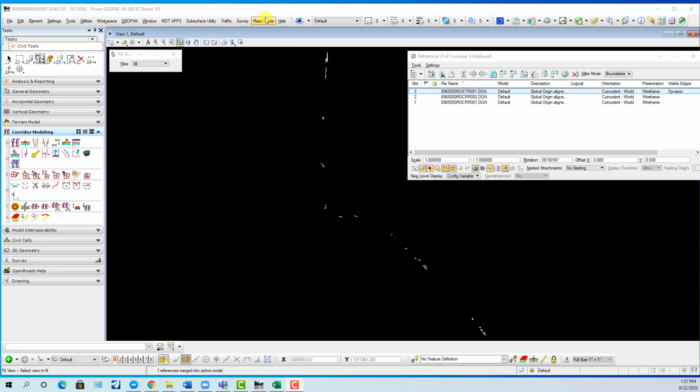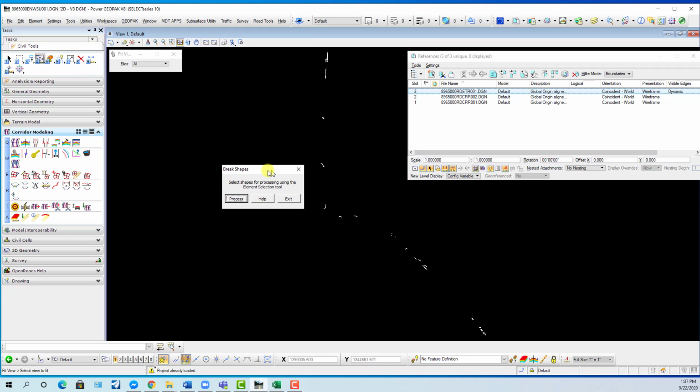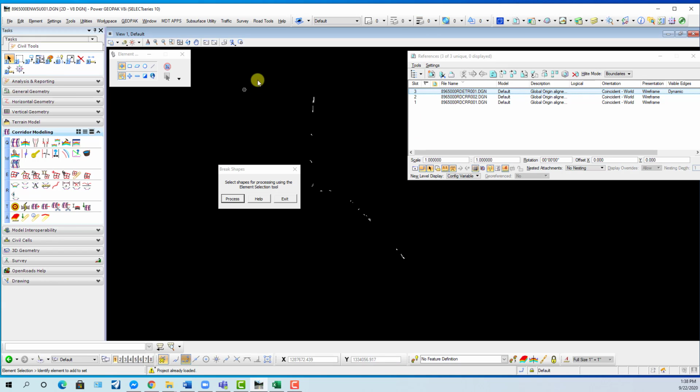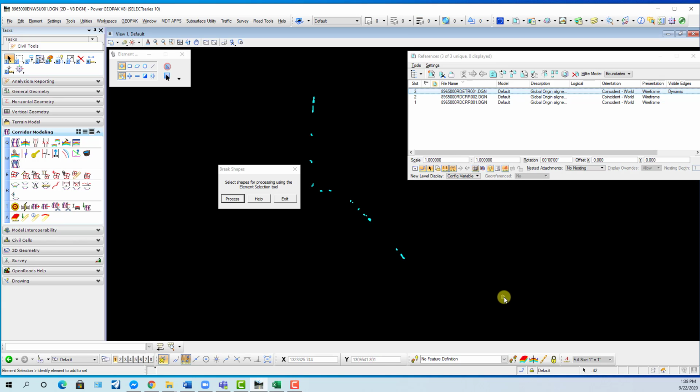So I'm going to go up to the road tools on the drop down menu, and I'm going to go down to mapping, and then I'm going to select break shapes. Okay. Now when this command loads, it's going to prompt you to select all of the shapes for processing with element selection. So what we need to do is select all the shapes in the file with element selection. We'll just left click at the top and drag a box around everything, and it's going to say down here in the lower right hand corner 42 elements are selected, and depending on how many wetlands you have brought in,